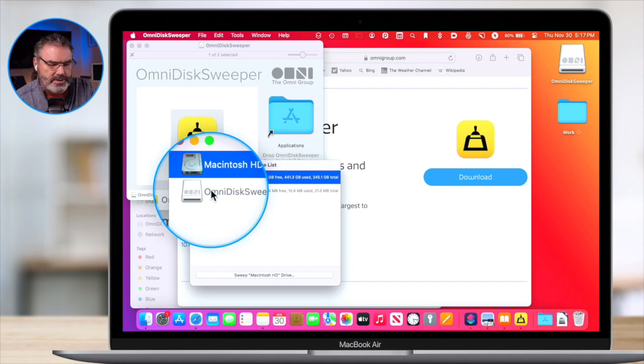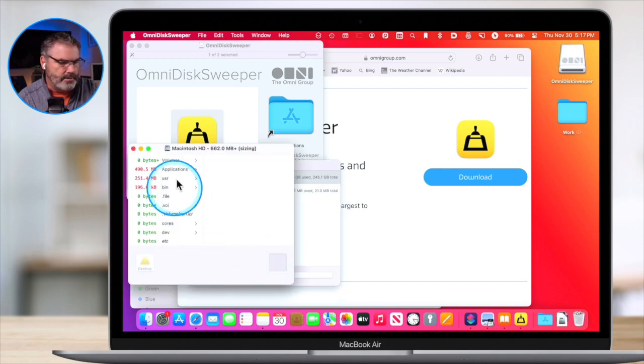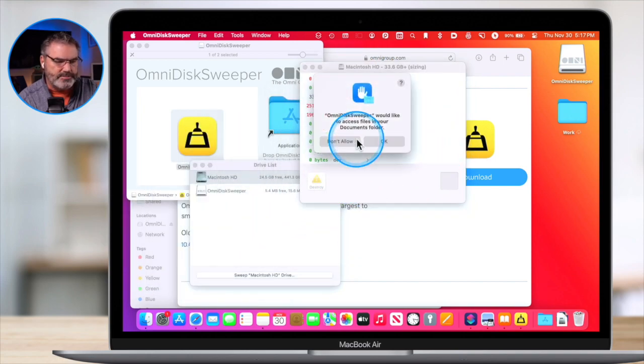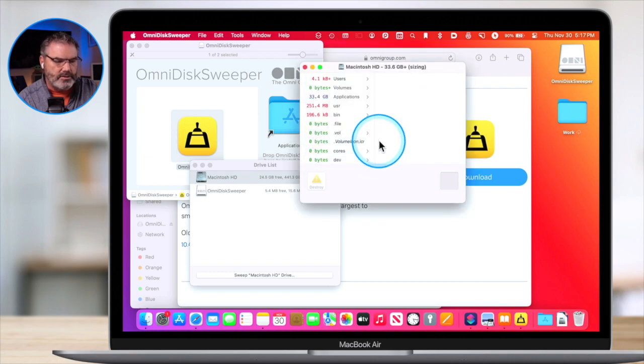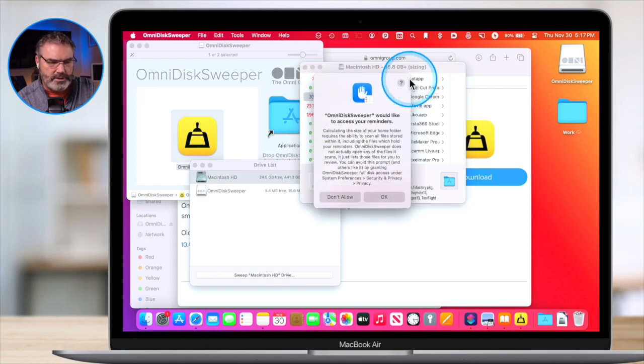What you're going to be able to do with this is sweep multiple drives, so if you have external drives. That's already one plus over top of Apple's built-in system. So now I just go over here to Mac, and right now it is sweeping it. It's going to take a while, but it's basically going through and taking a look. I have to give it permission to access all my folders. It's going through and looking at all of my information, all of my documents and all that. So you can see here, my set app is 9.4 gigabytes.